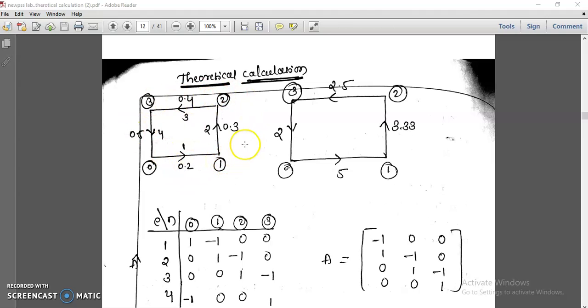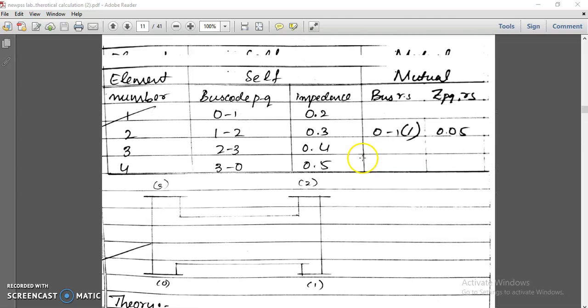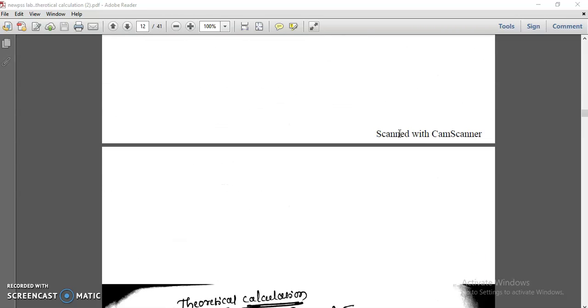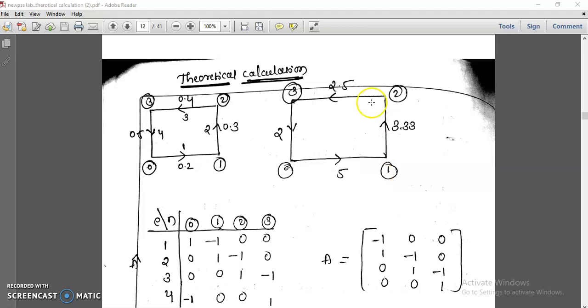If only diagonal values are there, you can directly take the admittance, as I am showing here: 0.2, its inverse is 5. But in this problem we can't do it directly, because mutual impedance is given. If only diagonal values, that is self impedances, are there, then you can do the direct inverse. But if mutual impedance is there, you can't do the direct inverse.